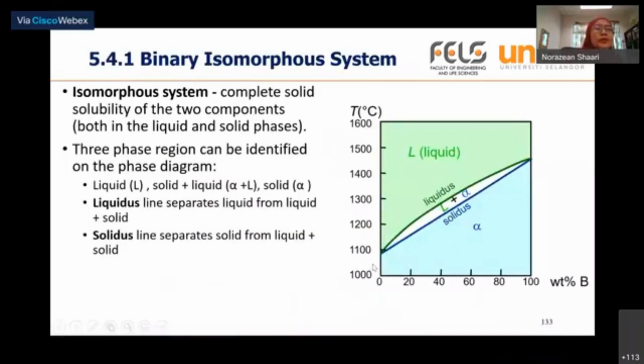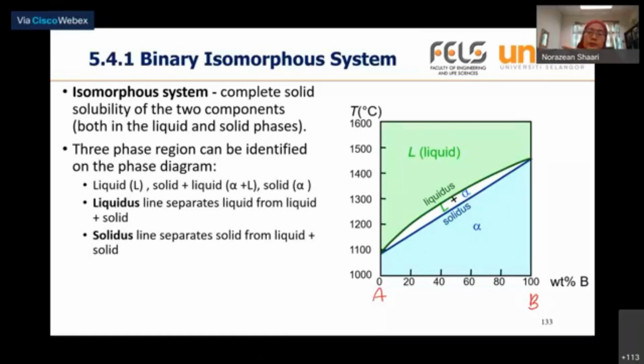Okay. So untuk binary, we have these two, binary isomorphous and binary eutectic, which is covered here lah. Actually binary there ada few other types of binary phase diagram juga. So untuk isomorphous, this is the complete solubility of the two components. Maksudnya when we have this component A and component B, bila kita tambah, it can dissolve one another. There is no limitation of the solubility. So you boleh tambah A dengan B tu